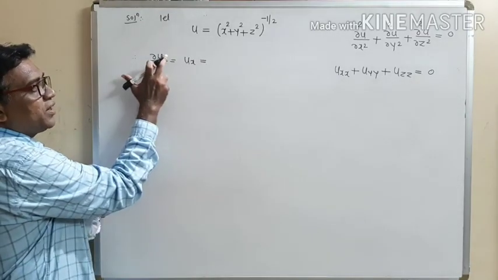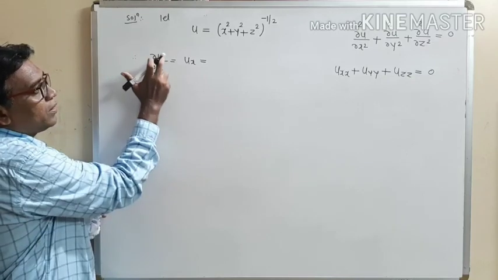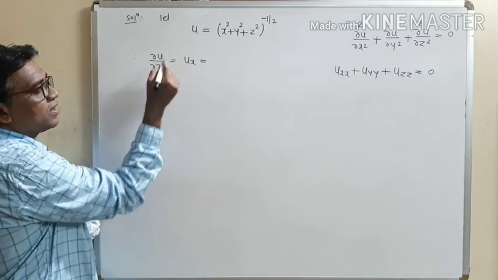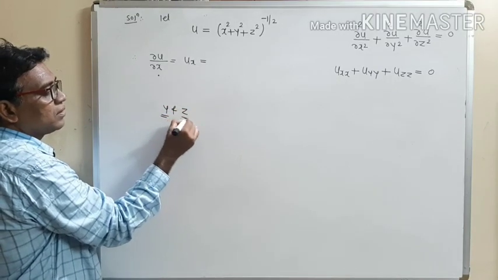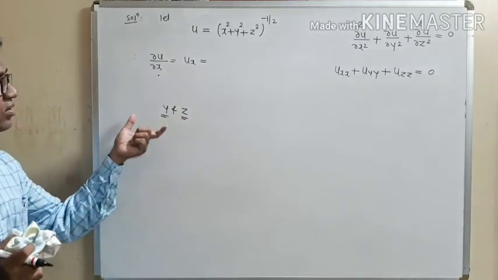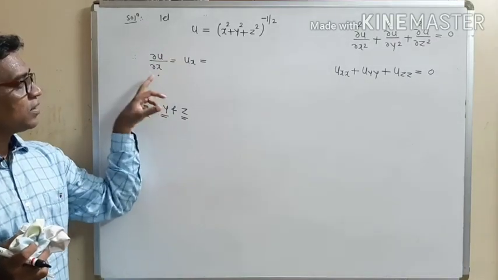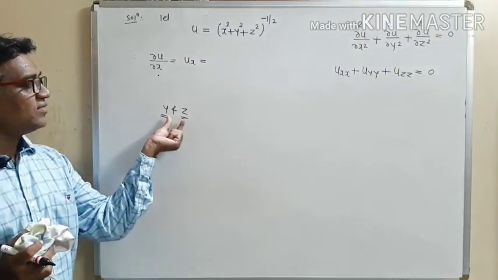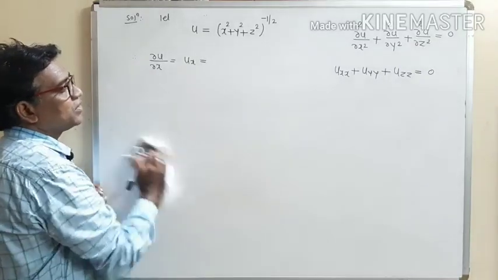So differentiating u, see how to find out ∂u/∂x. Differentiating u partially with respect to x by keeping the remaining variables constant. We have to keep y and z constant. Partial derivative with respect to x means just find out the derivative of x alone. Just keep y and z as constant quantities. So just find out the derivative of x only. So this is equal to,